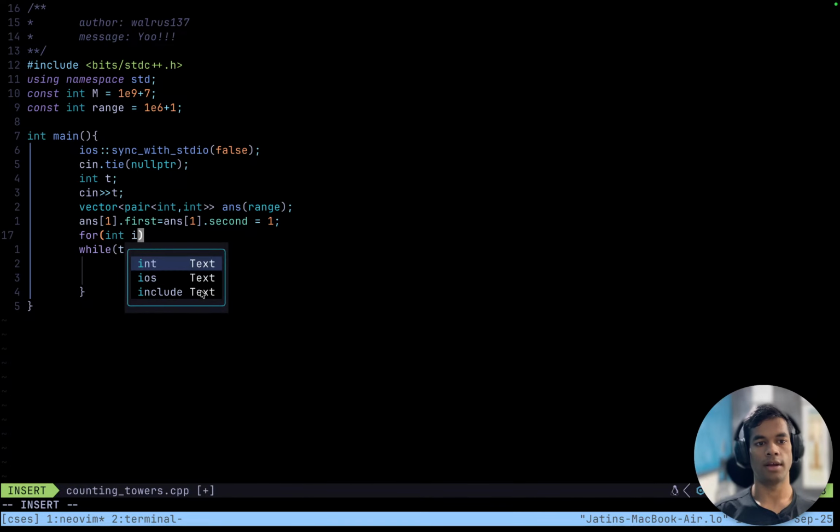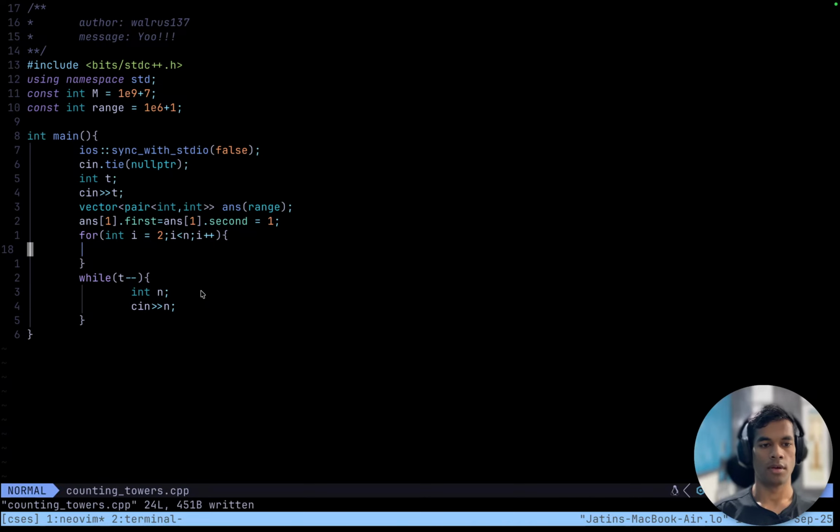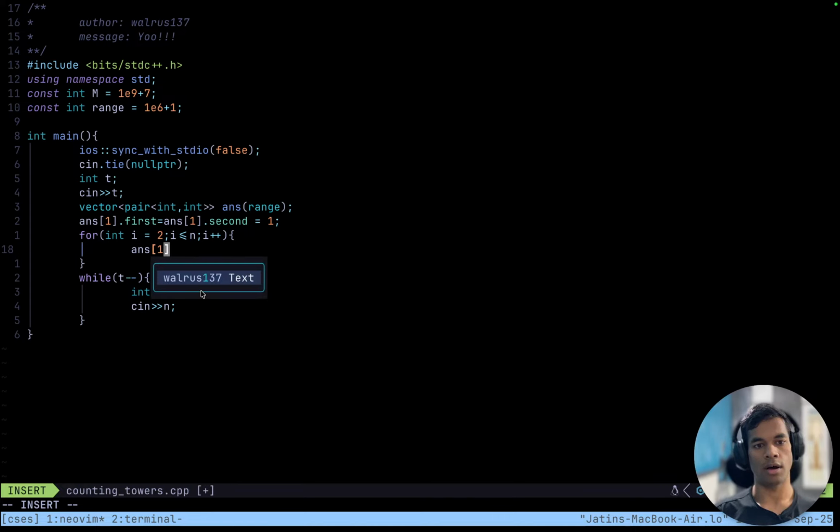And then for int i equals 1, i less than n, i plus plus, not less than but even at some cases equal to n, then answer i dot first is going to be answer i minus 1 dot first times 4